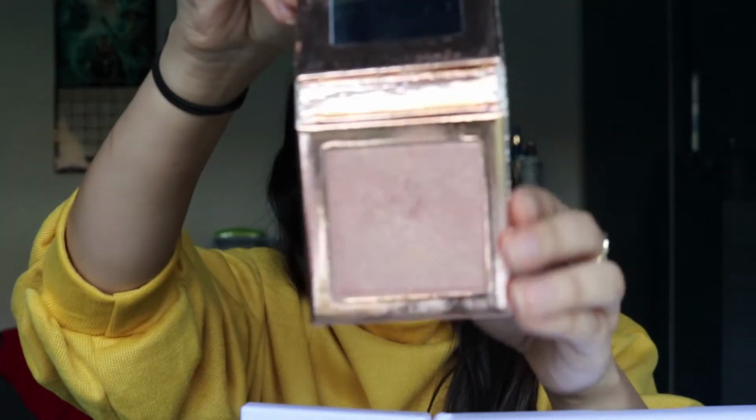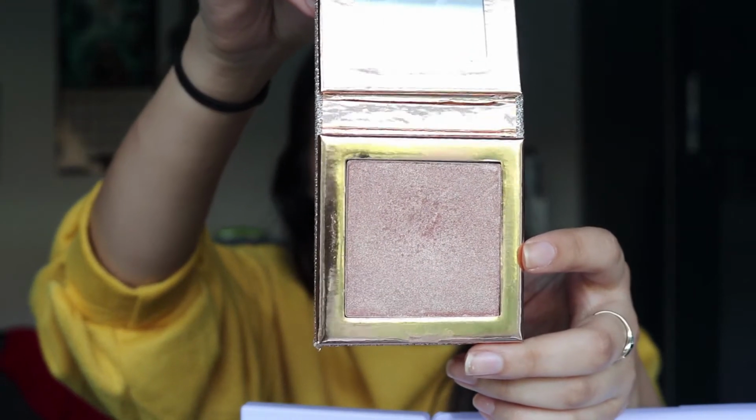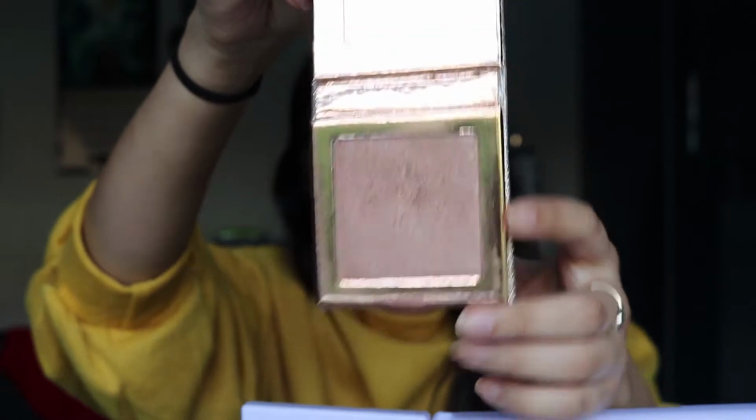This is the one that's for deeper skin tones, really. It's got a more goldy pinky tone to it, and it's in the shade Mirame, that's what it's called. And if I've got this right, Mirame means look at me in Spanish, I'm pretty sure. But it's literally the nicest. Let me just